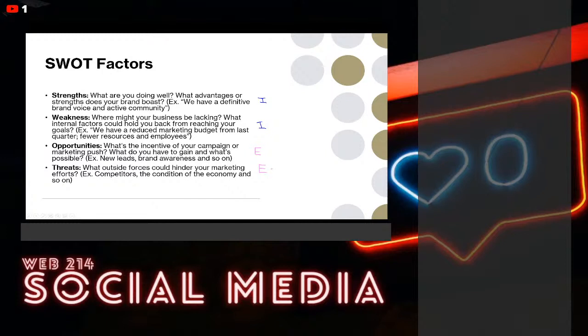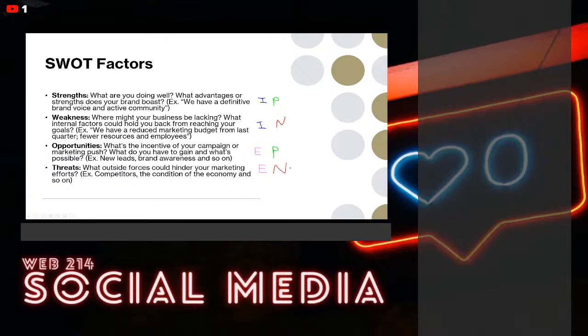These are things that are out of our control, that are surrounding us, but they do impact us and they impact our audience and who is going to be watching us or following us in a big way. We have our positive factors, which are going to be our strengths and opportunities. And we have our negative factors, which are going to be our weaknesses